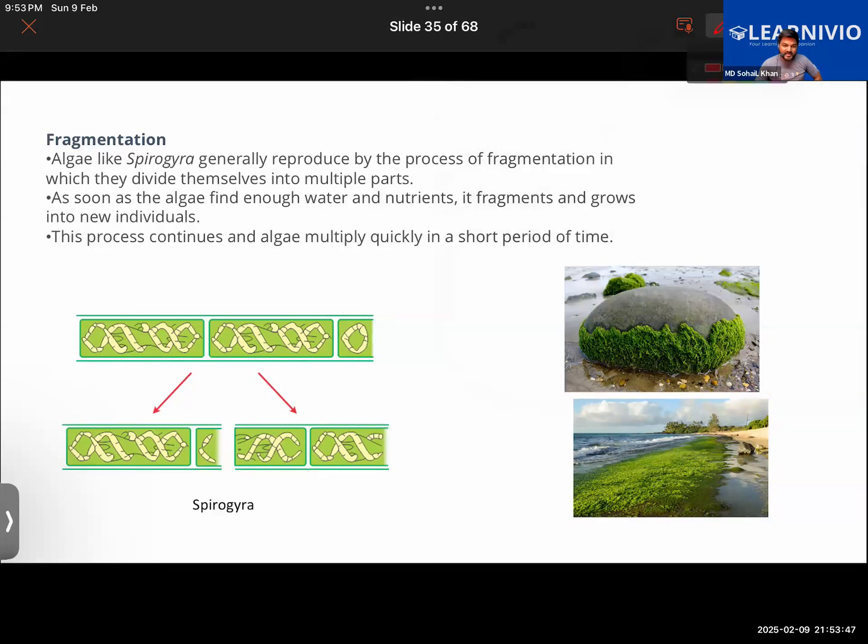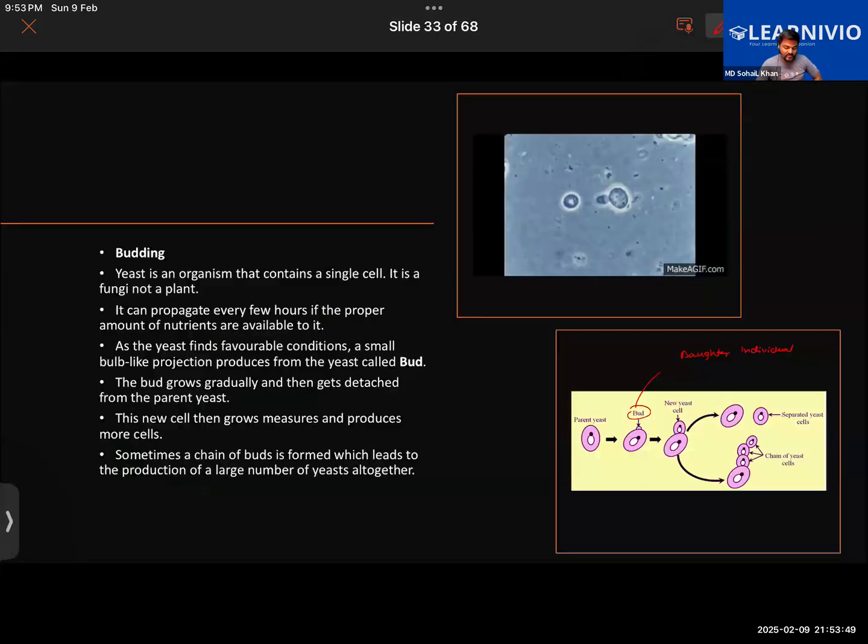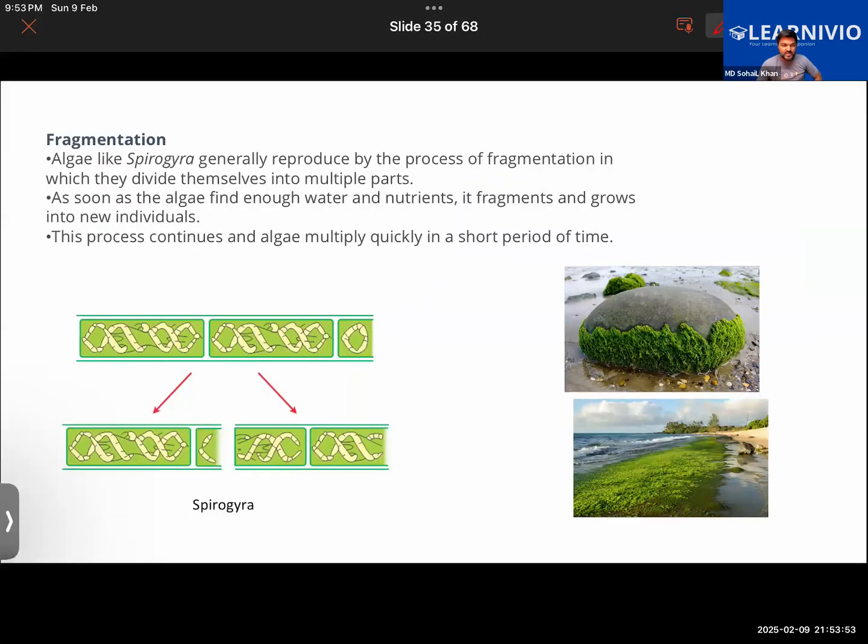Okay, note down that the hydra and the fungi should not be confused as plants. These are not plants. All right. Then fragmentation, we are studying this because it is there in the syllabus and also because fungi are many times confused as plants. So that was the topic. That's why it is included. As for fragmentation,